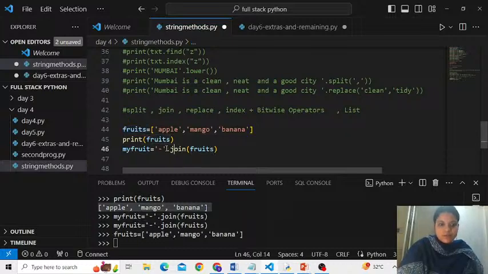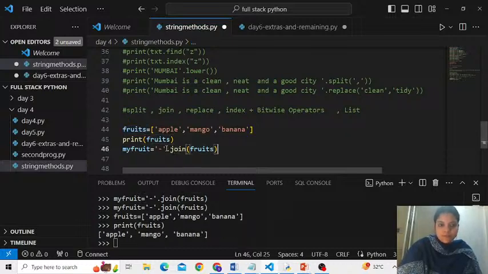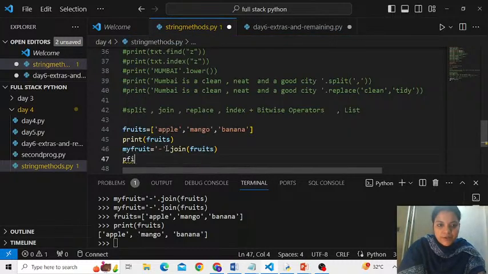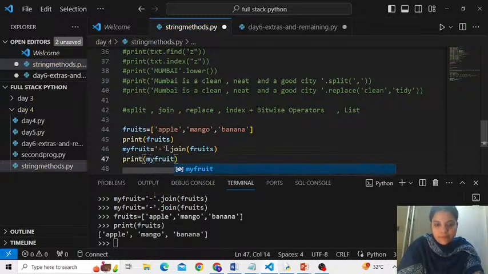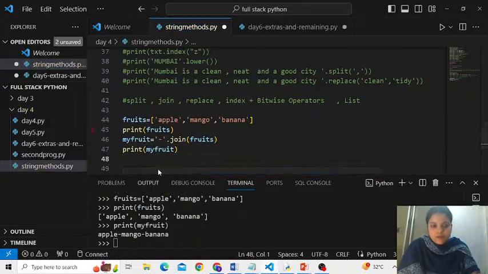Let me say print my fruit. Okay, this is what I was missing, and I was wondering where is the output. Correct. So you could see the join function has joined all the elements of my list by a hyphen.